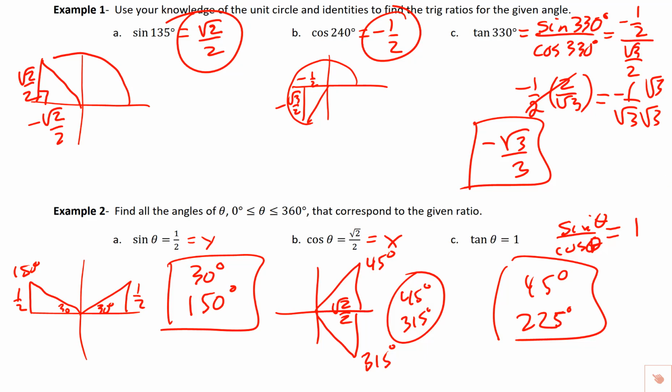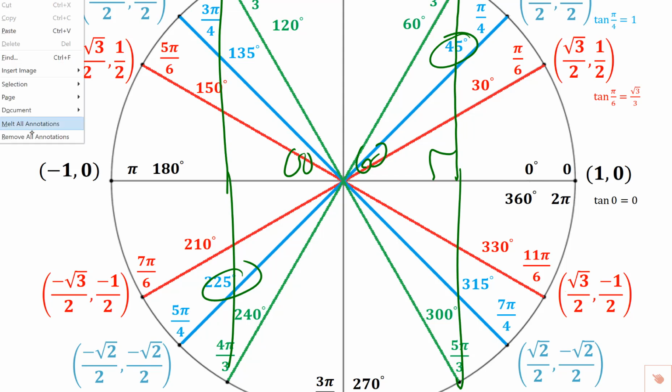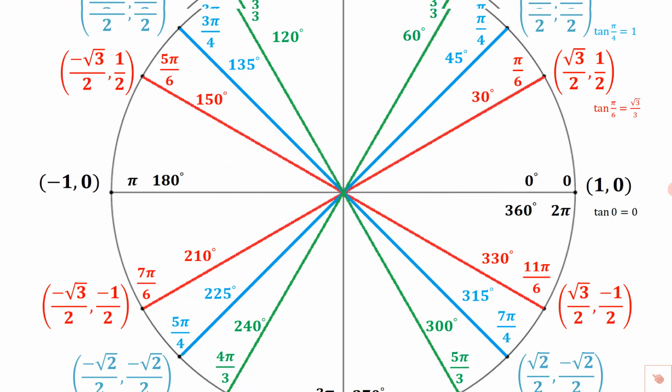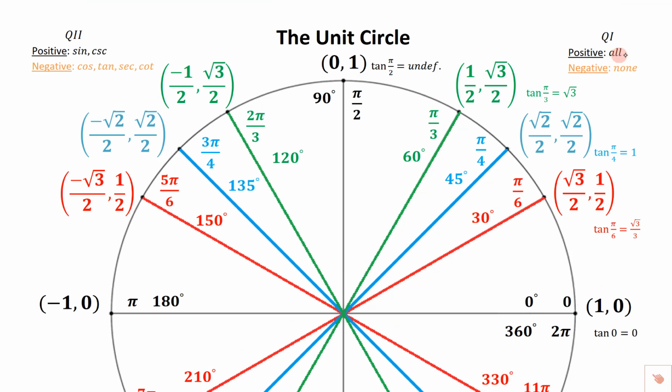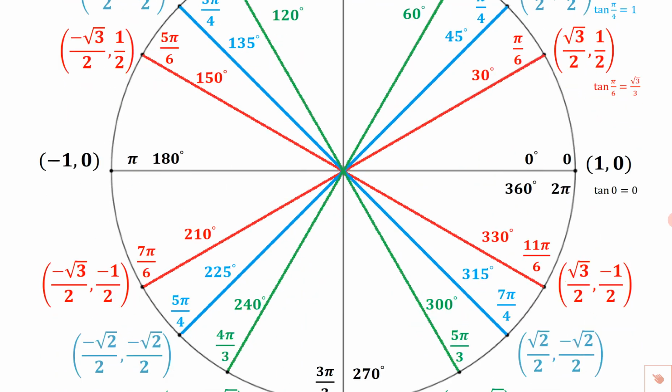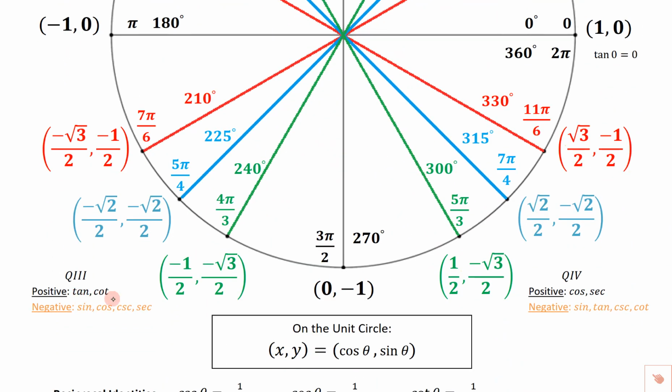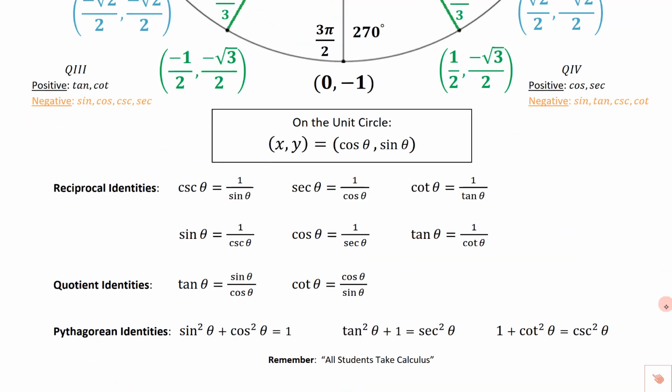Okay. Before I leave this, I want to erase all of these annotations, and I want you to take a look here. In quadrant 1, they're all positive. None of them are negative. In quadrant 2, sine and cosecant are positive. The rest of them are negative. In quadrant 3, tangent and cotangent are positive. The rest of them are negative. And in quadrant 4, cosine and secant are positive. All the other ones are negative. And down at the bottom,